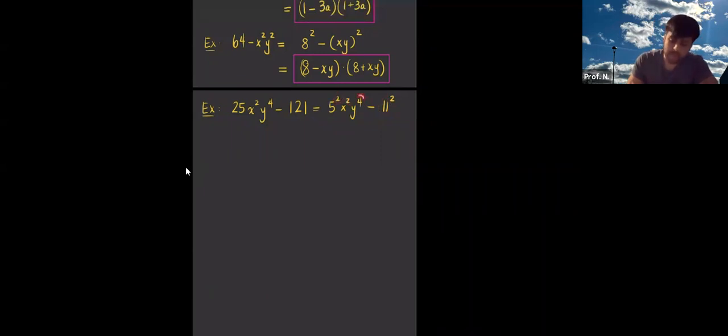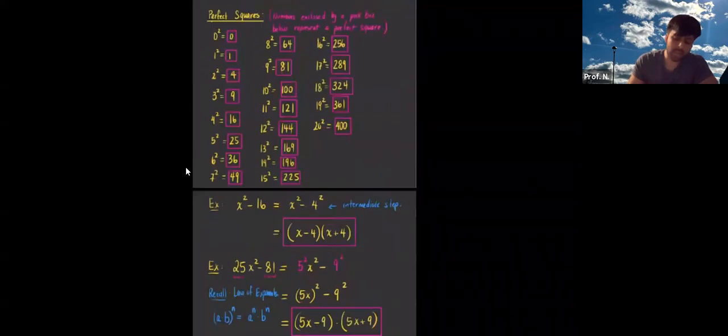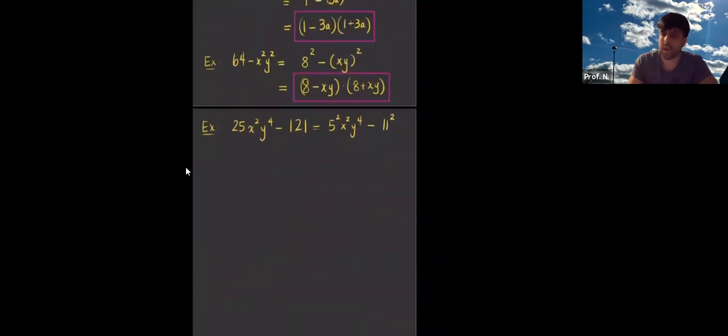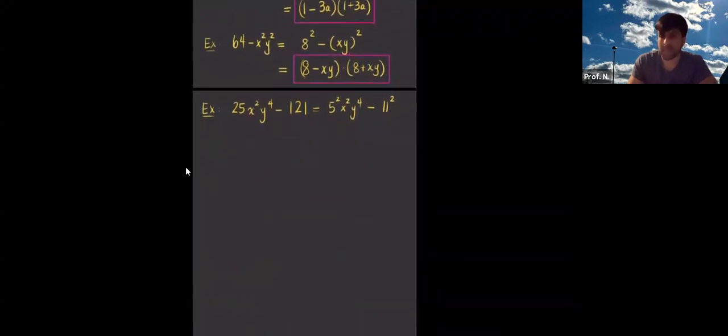But the problem you may see is, hey, this 4 is not part of this difference of perfect squares. We're not talking about raising anything to the fourth power, we're talking about raising things to the second power. So the question becomes, how can I rewrite y to the fourth